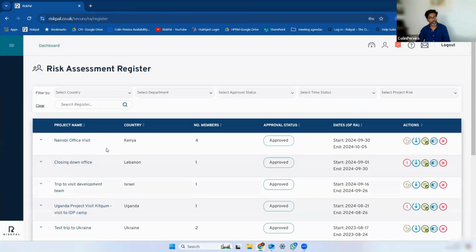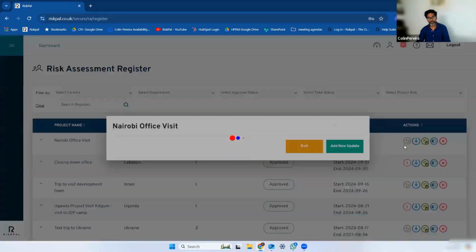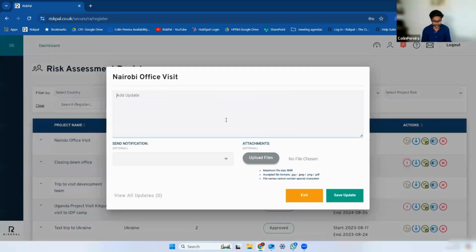And going back to the dashboard, you can now see it is in the approved risk assessment register. So you have a record of this trip. If the team on the ground wants to give an update, so they say the Sandara hotel was fully booked. Upon arrival, we are moving to the Four Seasons. For example, they can send